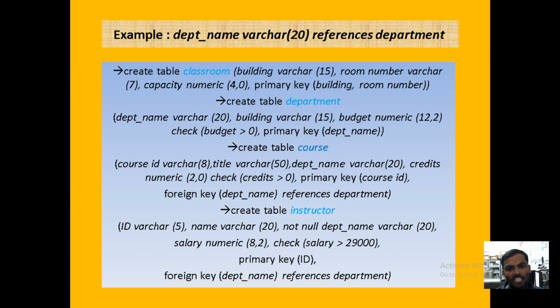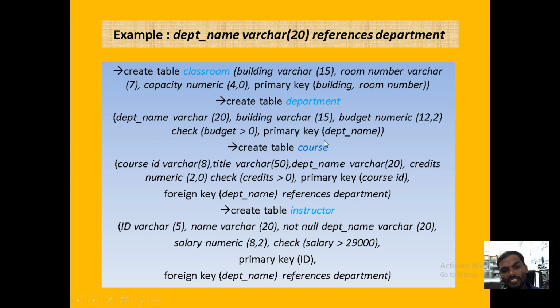Three constraints, here we are using them for only the 3 attributes, 3 columns. Now we are using a check constraint. How are we using the check constraints here? The check constraints we are defining at the table level. The check constraint is that the budget is greater than 0.